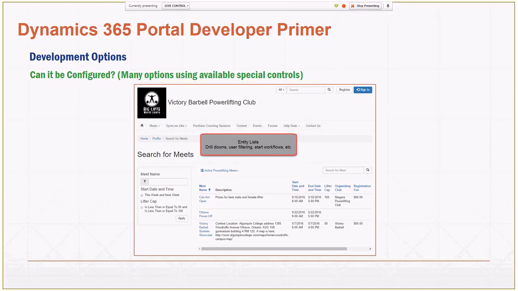I really just wanted to highlight that, because before you crack open your coding tools, just take a look around, get yourself familiar with the portal, see what you can do. Sometimes you could configure something in 10 minutes, where if you actually had to develop a custom page or something like that, it could take you a few days. So really keep your eye on that, it helps keep these portal projects under budget and also very maintainable.